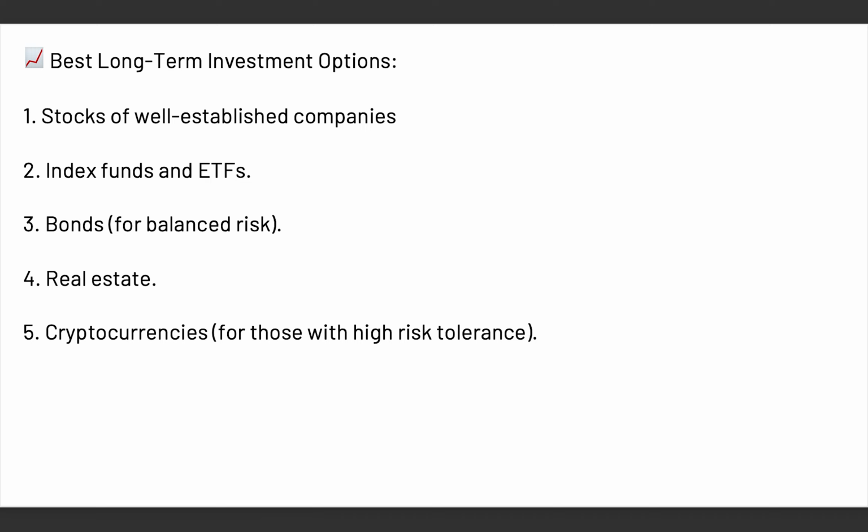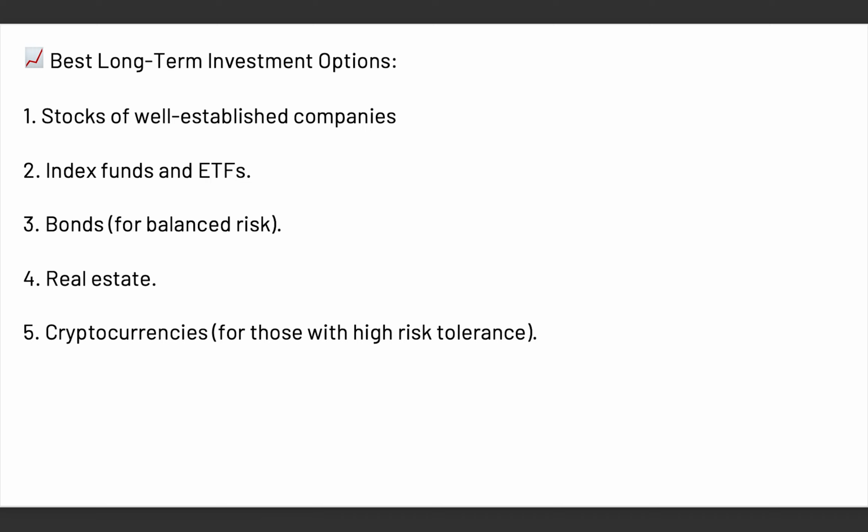Now, number two is index funds and ETFs. I gave the example of the S&P 500, which has the top 500 stocks in the US. That's a perfect example for long-term investment. And number three will be bonds. You can do this one for balanced risk. Like I said earlier, bonds are a low-risk investment. If you're interested in bonds, just go to your bank and tell them you want to invest in government bonds, and they will give you access to it. You just get little interest on your money, but it is a low-risk investment. Your money is safe.